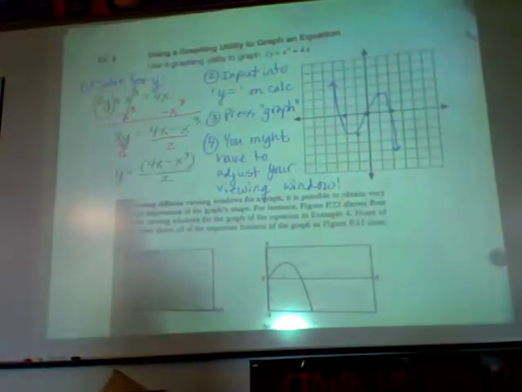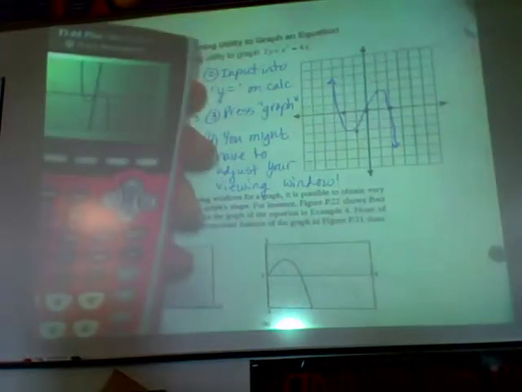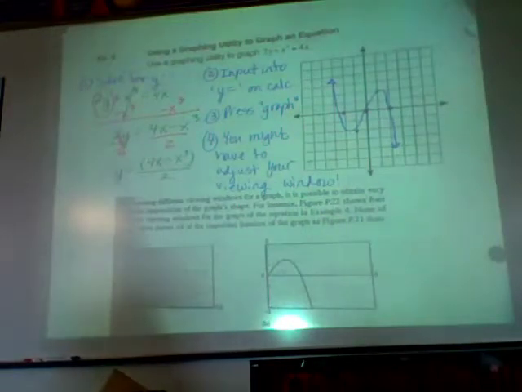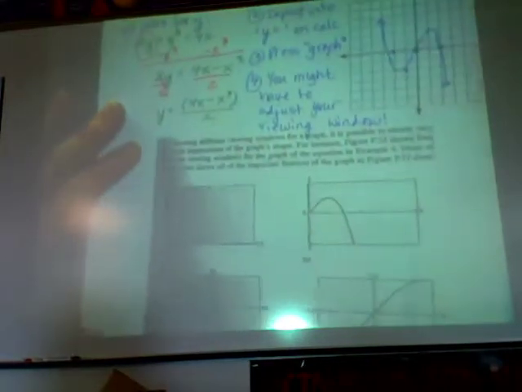So that's all I need to see. So now it mimics that graph. Now if you look below here, your viewing window can distort your graph, and I kind of talked about that, or intimated about that, all this week. So if you look at the viewing windows down here,